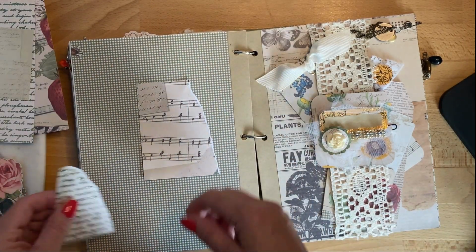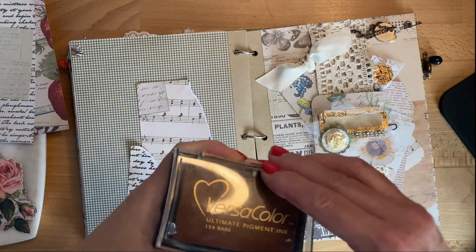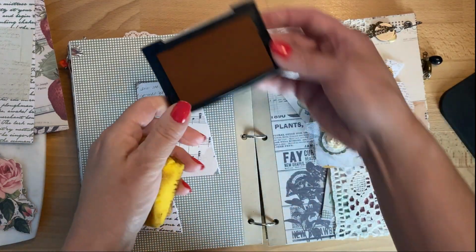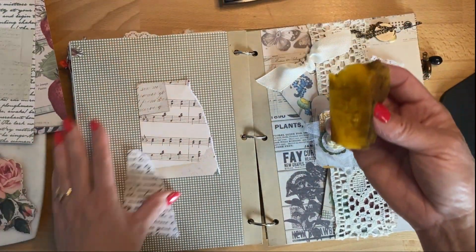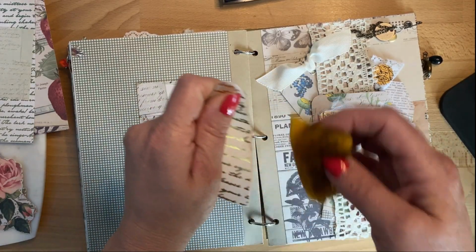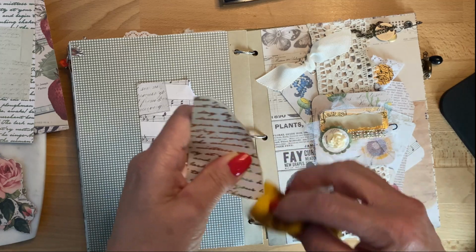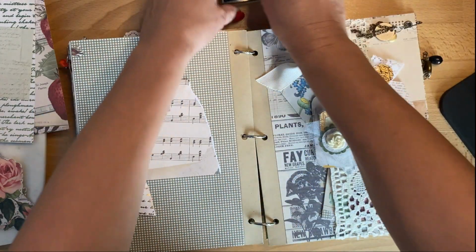If you want to use ink to ink the edges here to give it a more distressed look, I'm using Versamark here in 154 bark, but any color like this would work. And I'm going to distress it. Normally I don't do it on camera. If I do anything to my projects, I'll do it off camera, especially the inking at least,